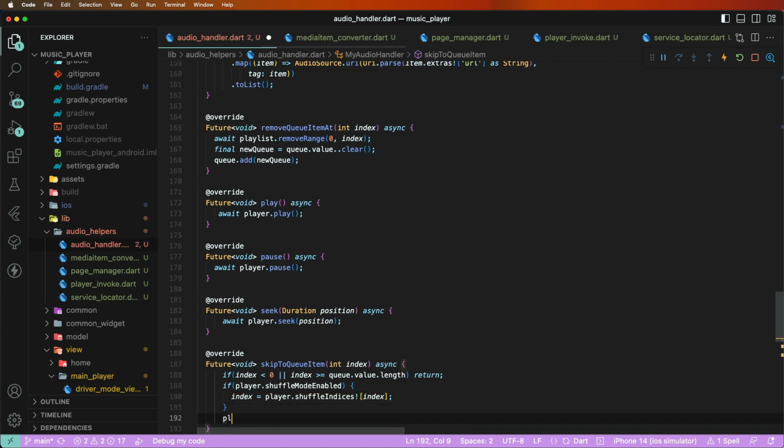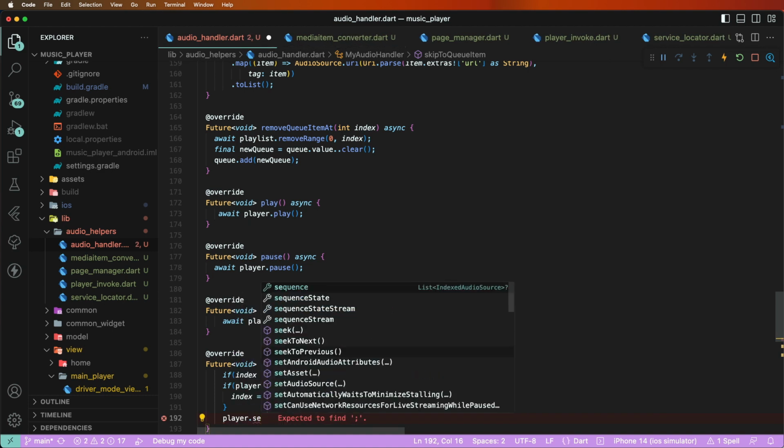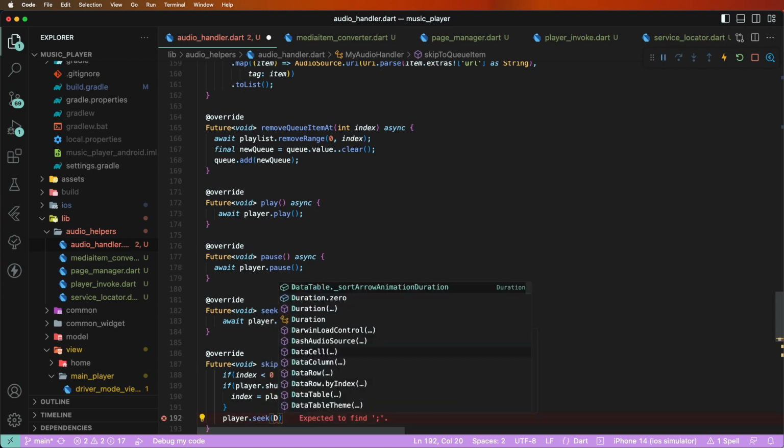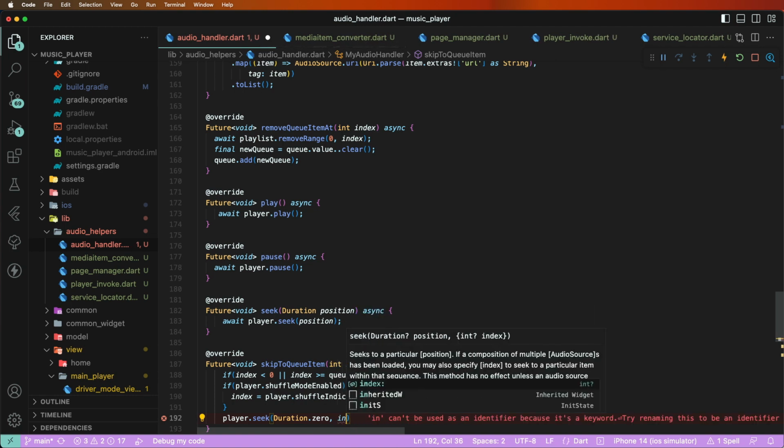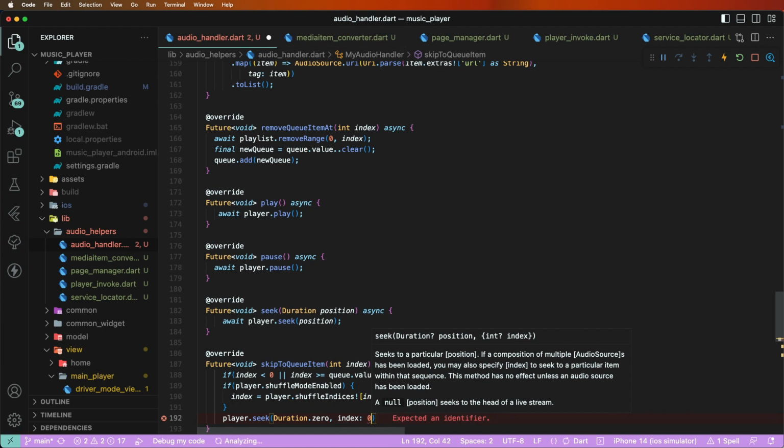Now set the player seek and set the duration 0. Then pass the index value that has a